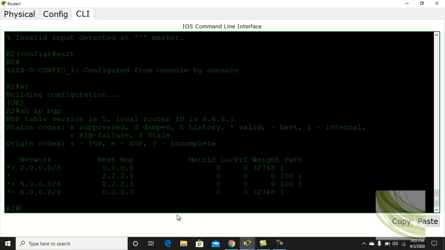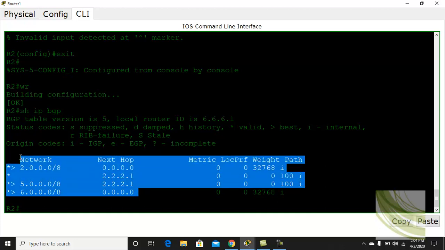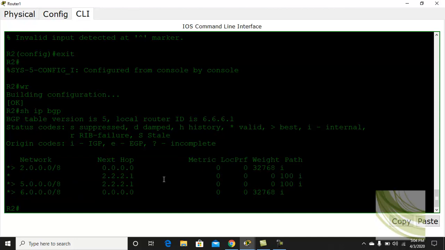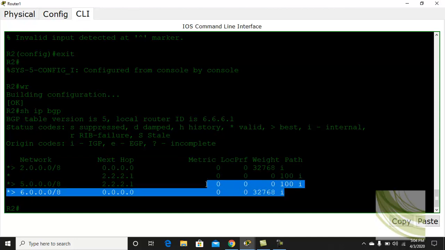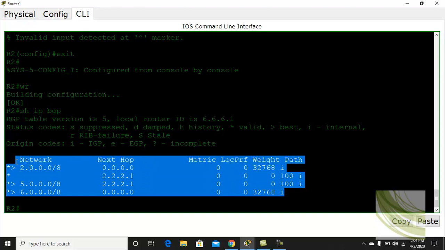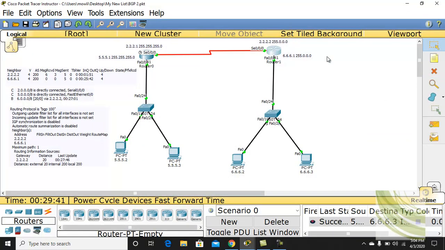This is the next hop. Is this? Let's copy this one. This is the metric and a weight and the token or the